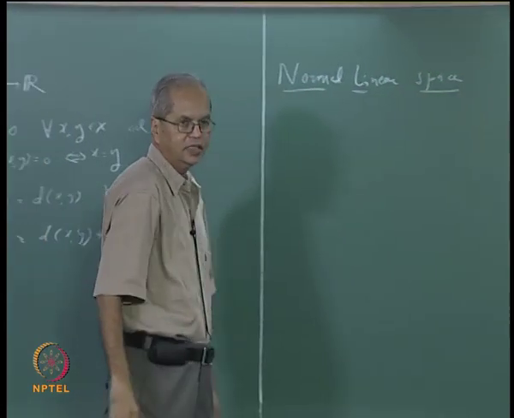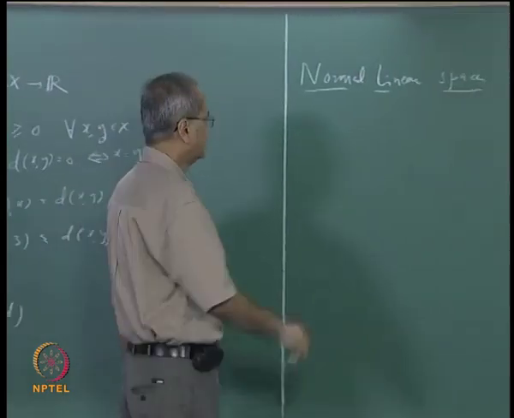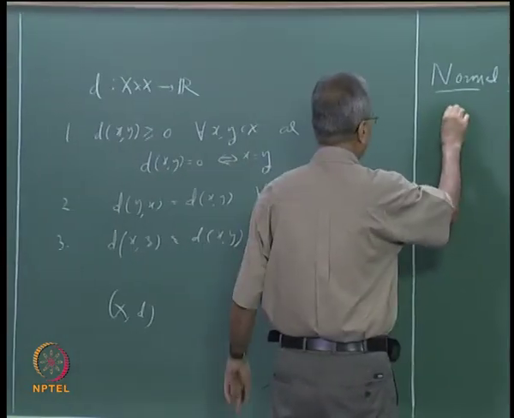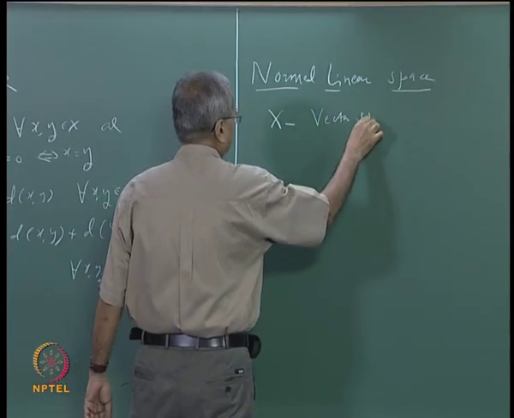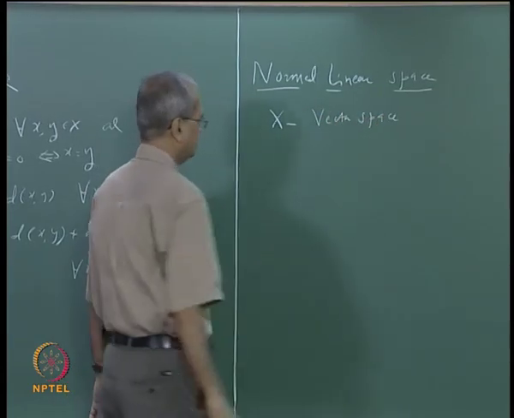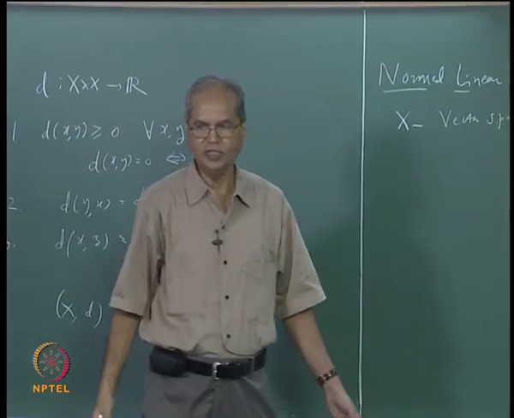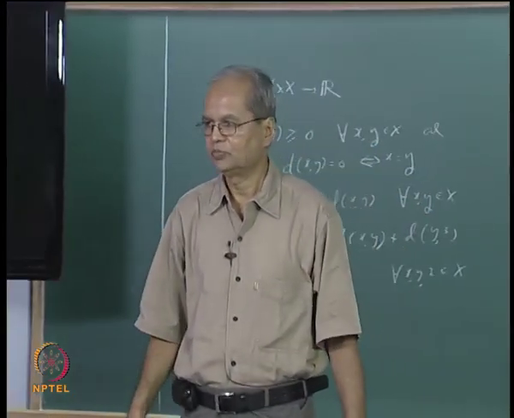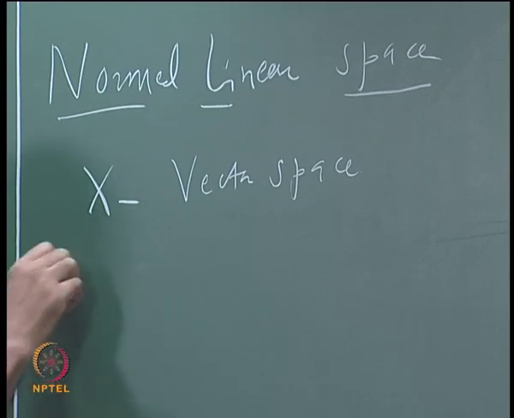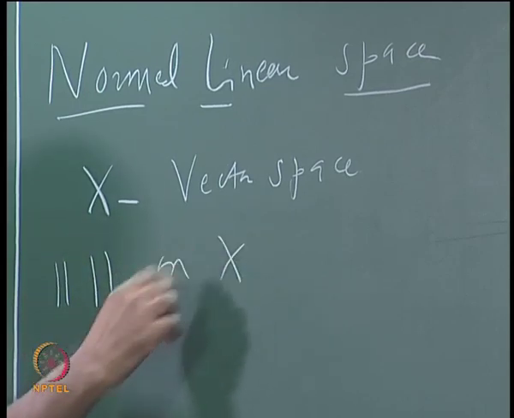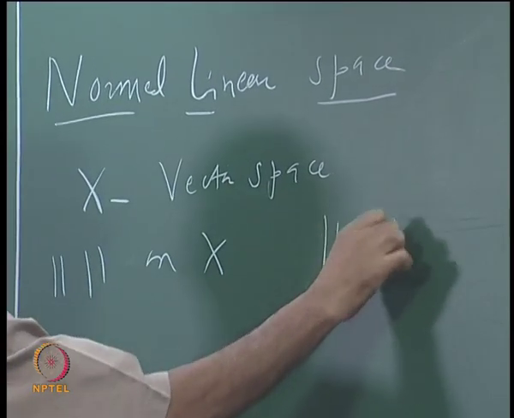Now here, in case of a normed linear space, the starting point is not an arbitrary set, but a vector space. X should be a vector space. So it means there is a meaning in saying the sum of two vectors, product of a scalar and a vector, and all those things. And we have also seen a norm on X, that is a function norm going